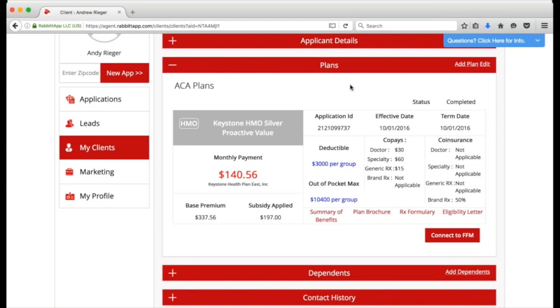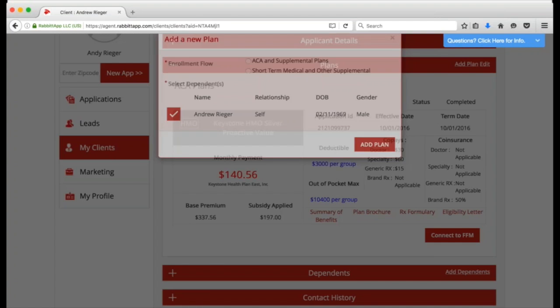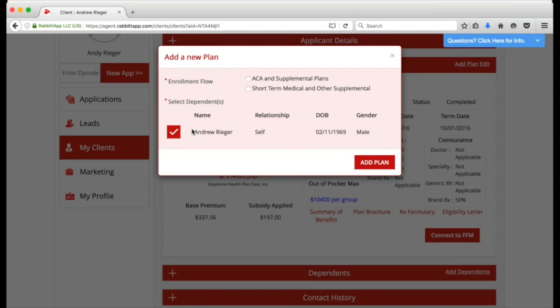Down the road, maybe you're focused and you're working hard for open enrollment, getting these ACA plans in, but maybe you want to do a campaign in April where you go back and try and sell life insurance to all of them. You can add a plan here, and if you click the Add Plan button, it'll let you select who you want to add this plan for. So there's only one person on this account, me, but if there was me, my spouse, and my kids, maybe you want to sell life to me, and so you just want to do a supplemental life plan, but maybe you do a different campaign where you try and sell dental to the kids for your